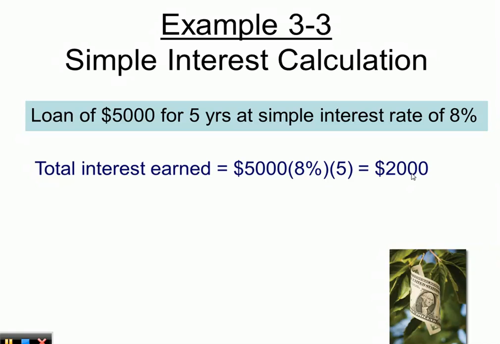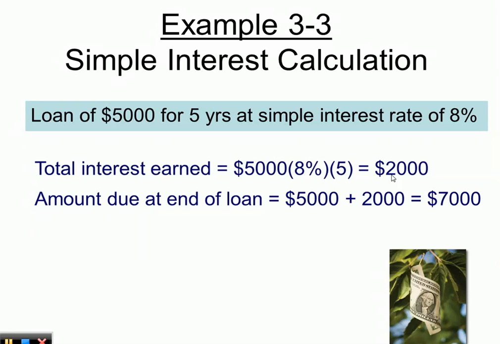And then the future amount is the principal plus the total interest. So it would be 5,000 plus 2,000, which is 7,000. So that's the amount due at the end of the loan, $7,000. So when the interest does not accrue interest, that's the case of simple interest. In this case, you are better off paying the loan at the very end rather than paying it sooner. But compound interest is going to motivate you to pay it off sooner rather than at the very end